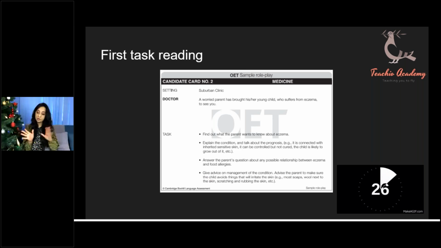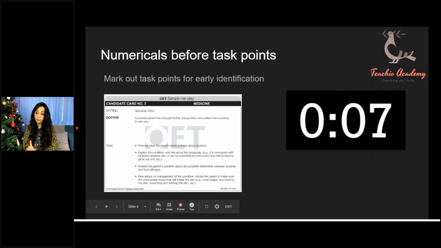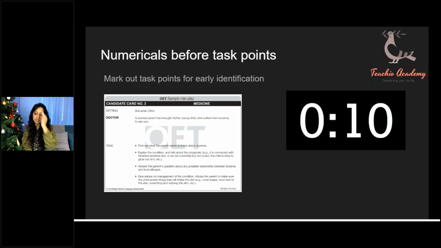Okay. So now I know what the body of the task is, how many task points I have, what the roles are. Now I'm going to strategize my speaking. And how do we do that? We're going to be putting numericals before task points. I think the students initially did say, all of you did say that you're going to put bullet points in front of your task points. So instead of bullet points, guys, what I would do, and it makes your life quite easy, is that I